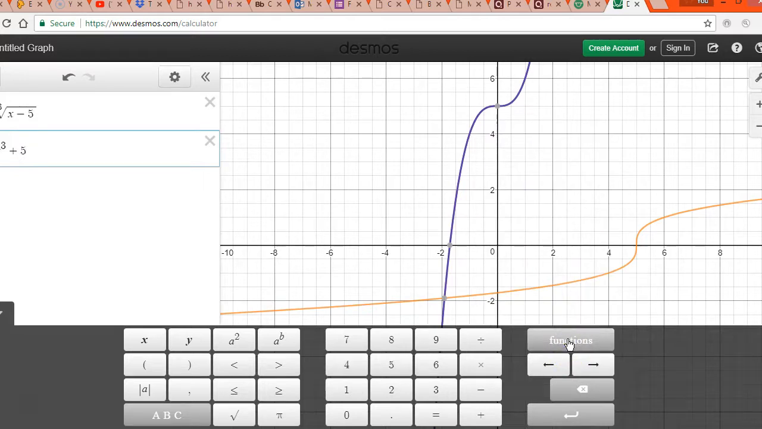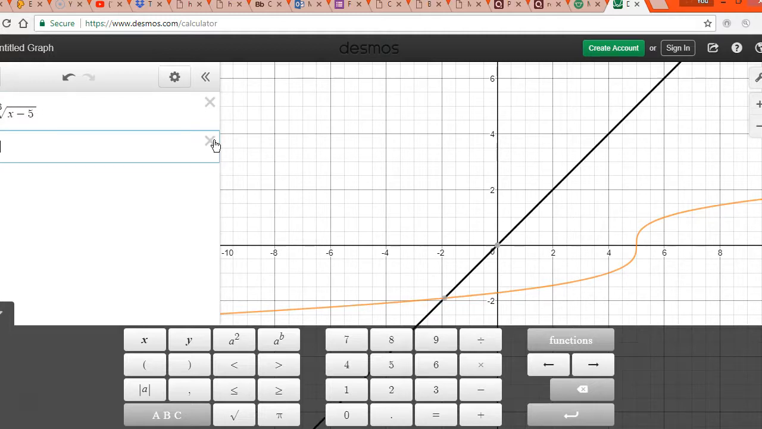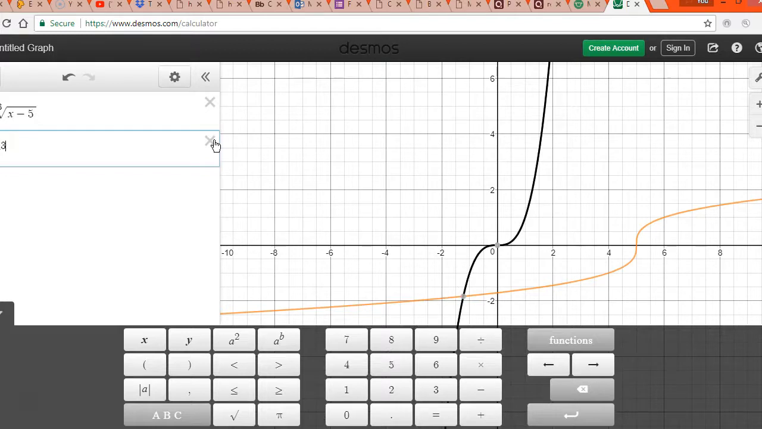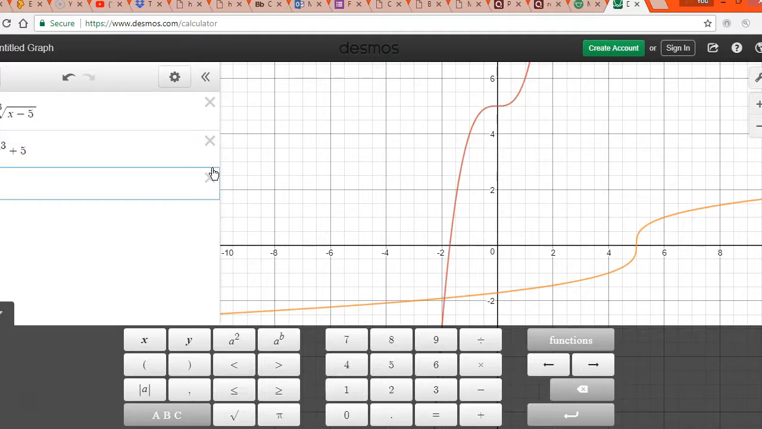Okay, so, and then, oh darn it, I hit erase and not enter. Okay, x raised to the third plus 5. Enter. Okay, whatever. So y equals x. So I can see by graphing those three things that they are a reflection over that line. So I just verified it graphically, and then